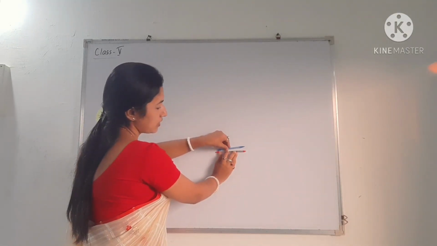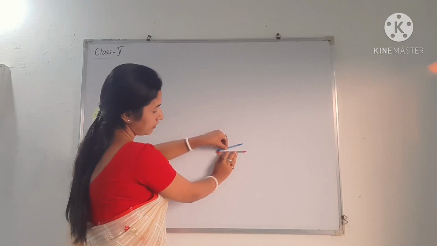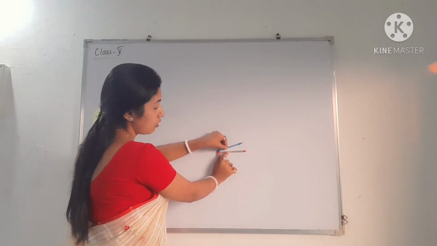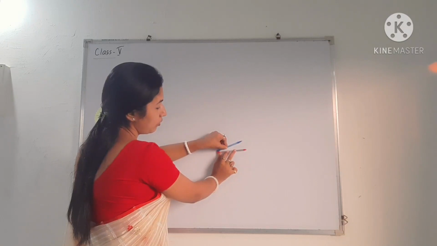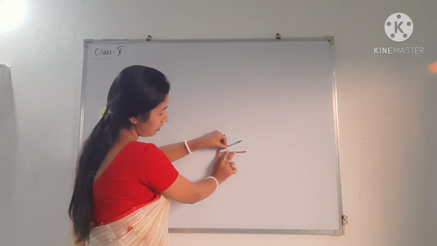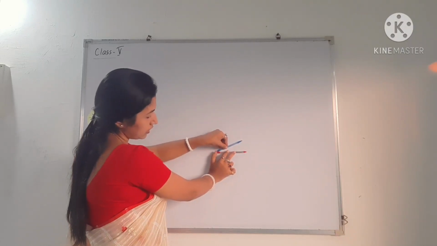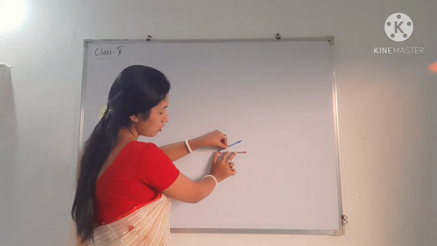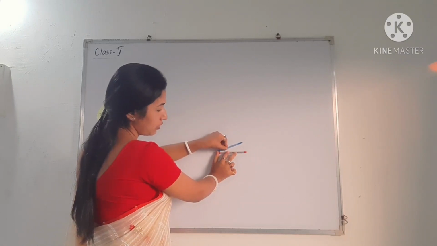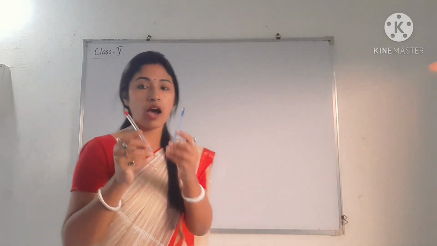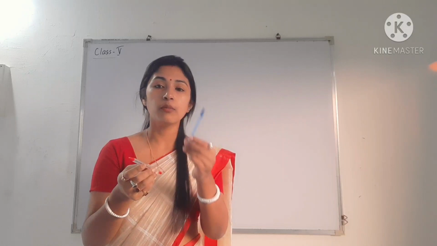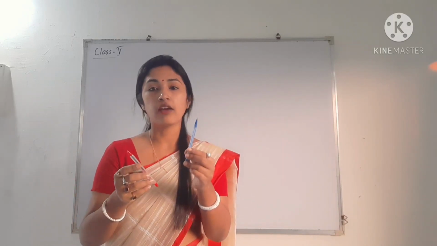So see, this is a small angle. See the opening, the gap between the two pens is called degree. So like that, I will slowly move the blue pen in upward direction, and I will keep this point fixed. It will not change, only the arms. This is called arm. This is called arm. Arm will change. So here the red pen is the initial line, it will not change, only the blue pen I will move.